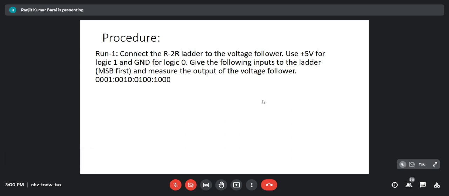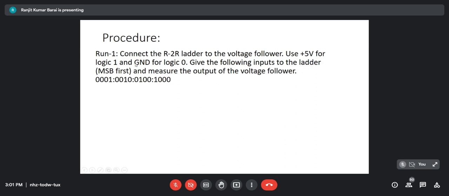So we do the experiment in a modular fashion, in a modular experimental setup all the time, because the internal circuitry is so complicated. It is not possible to perform the experiment just by assembling all the components together; that would be very time consuming. So we explain the functionalities of each block. Each block is pre-assembled, and we connect the blocks by patching them up using patch cords or cables.